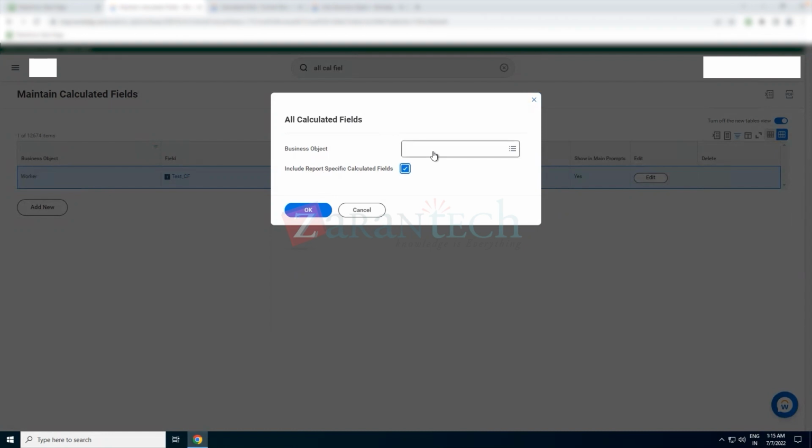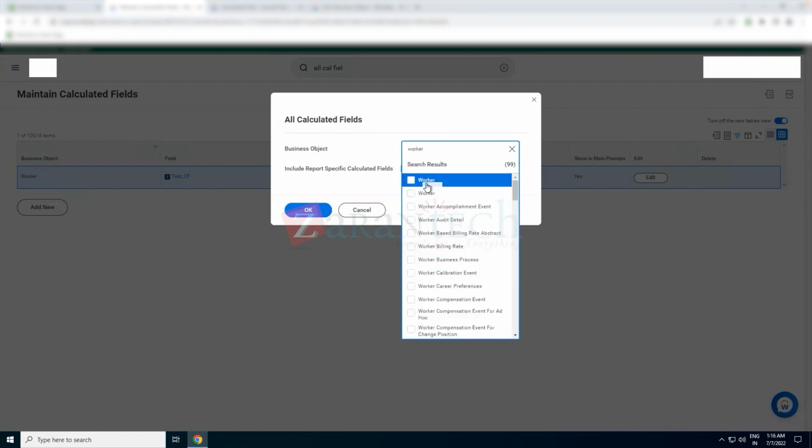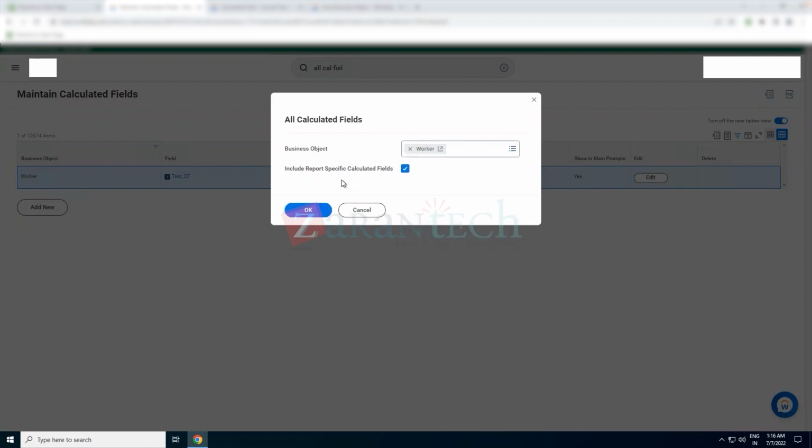As part of the maintain calculated field, it only tells you, it has a separate report for reflecting the fields specific to reports. But all calculated fields gives you an option to also reflect it. It gives you a check mark to also choose the report specific calculated fields. So I'm taking worker as my business object, and I'm also checking the report specific calculated field as well. And when I click OK,